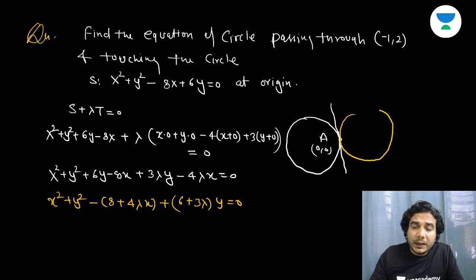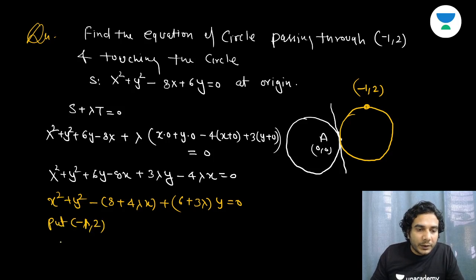But we need a certain member of this family. That means we need one particular circle which is passing through minus 1 comma 2 as well, all right? So if this circle which we need from this family is passing through minus 1 comma 2, for that particular circle we'll get the lambda, and if we get the lambda we'll put the value of lambda in this equation, we'll get that particular circle, all right? So now put minus 1 comma 2 in this equation,